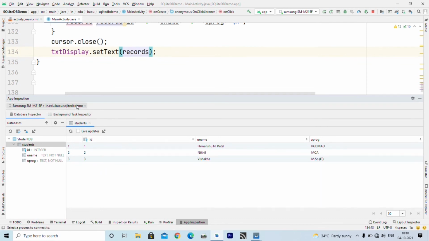Now here you can see that this is stored inside the data directory of your app, inside data, then package name, then databases, and then the actual database. So how can you retrieve this file from your mobile? Using this path. Data, inside that there is data, inside that there is a package name, and inside that there is a databases folder, and inside databases you can retrieve the StudentDB file, right? So this is how you can verify your data.